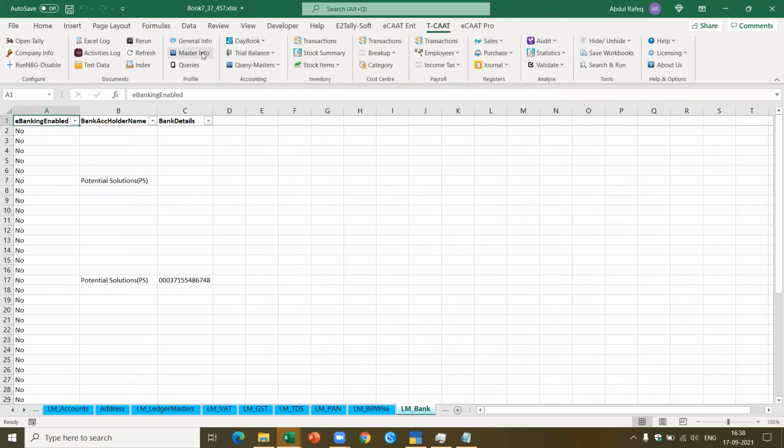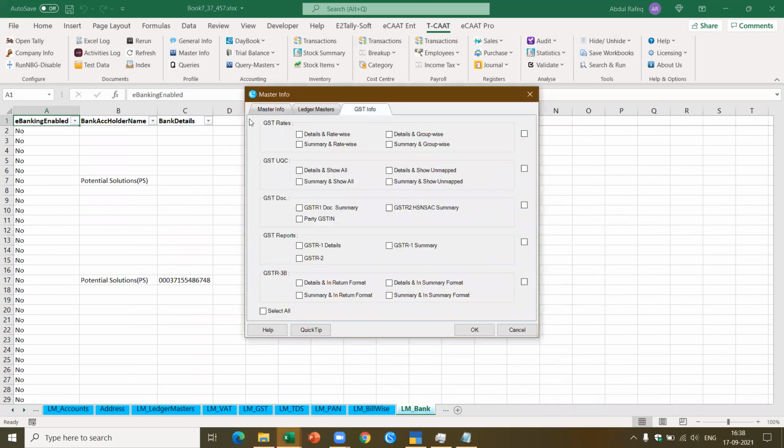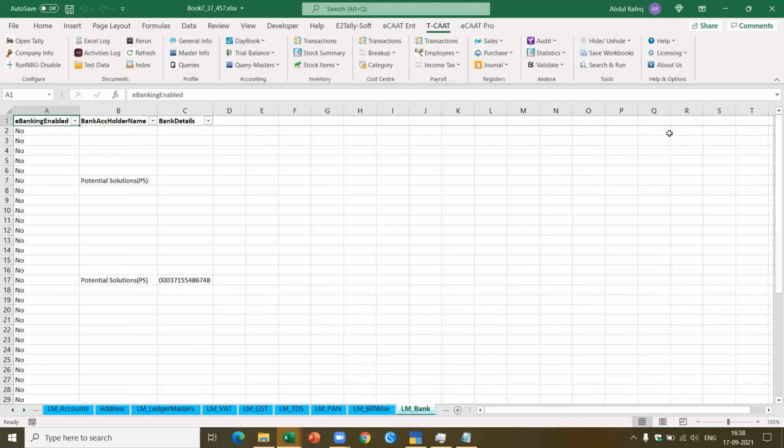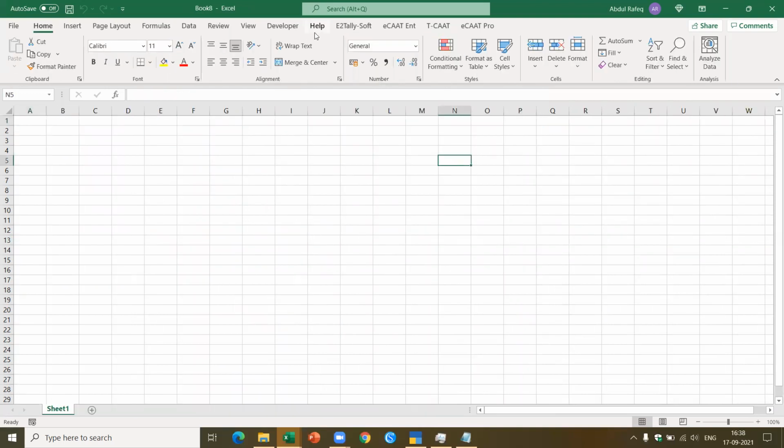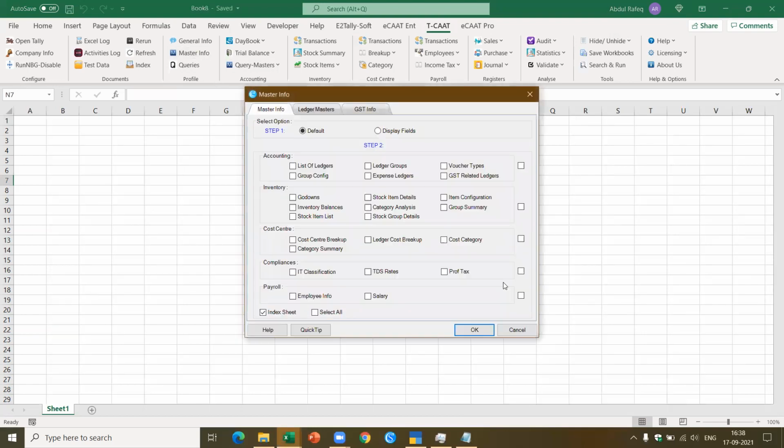Now let's go further and see. There's one more information which you got, which is there in the GST info, which means all the GST related information pertaining to GST rates, GST UQC, GST doc, all this information can be generated and maintained as a documentation. So let me just open one more sheet. So this is what I said, when you're doing audit, it becomes very easy because you can decide what are the information you want and you can document it and do the analysis.